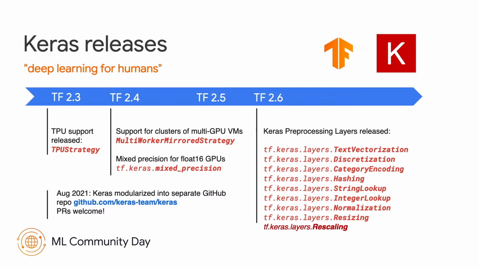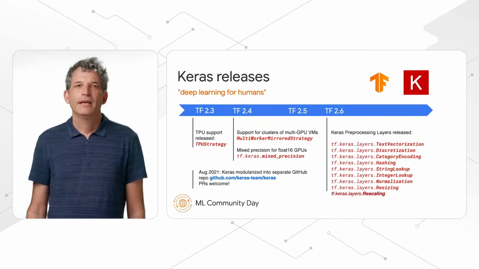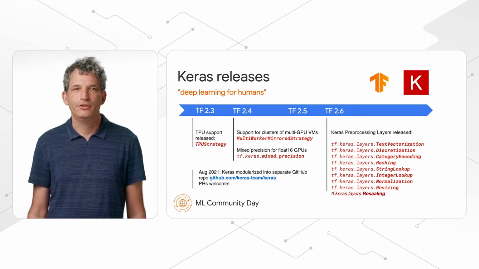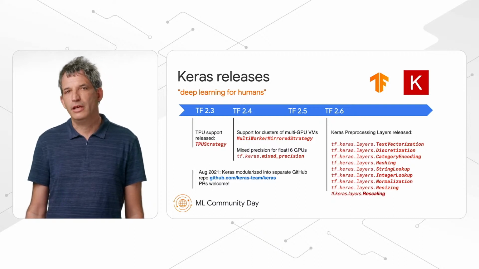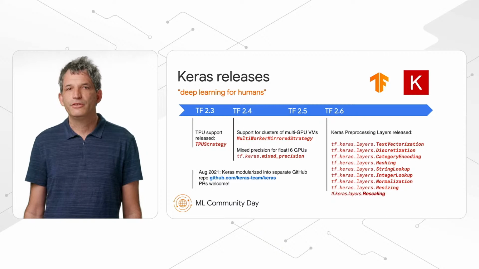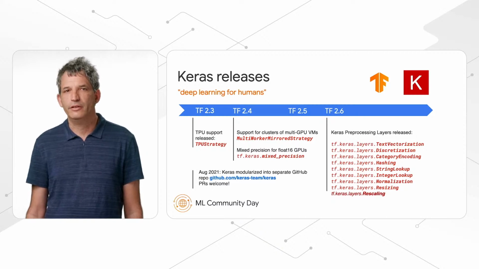In TensorFlow 2.6, Keras preprocessing layers were released, making it much easier to add preprocessing capabilities to your models. They had multiple preprocessing layers for categorical data, replacing the feature columns API from TensorFlow 1. Preprocessing layers also add a new comprehensive text vectorization layer that will make your NLP models much more readable. Additionally, as of TF 2.6, Keras has been modularized as a separate pip package on top of TensorFlow, installed by default when you install TensorFlow, and now lives in a separate GitHub repository at the link shown. This will make it much easier for the community to contribute to the development of Keras, and we welcome your